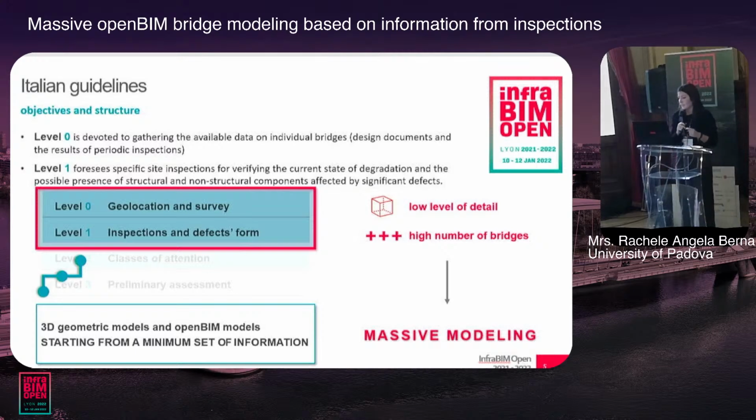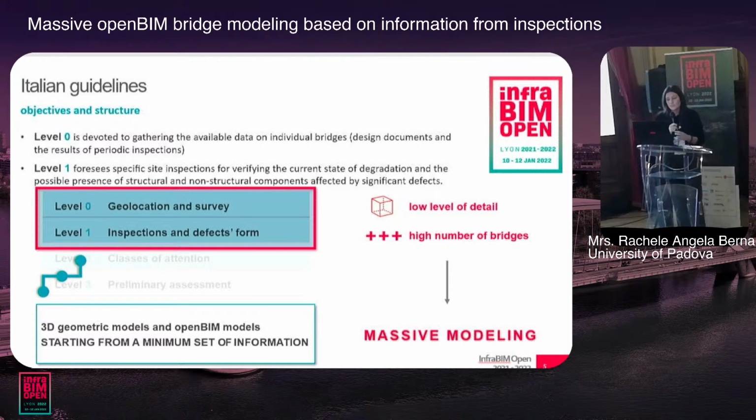What the guidelines want from level 0 is the information related to the bridge itself: how many bridges we have, the number, the ID, and all of this first information. And then level 1 foresees specific site inspections for verifying the current state of degradation and the possible presence of structural and non-structural components affected by significant defects.